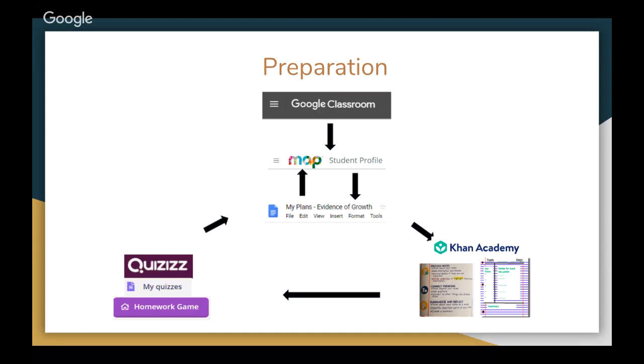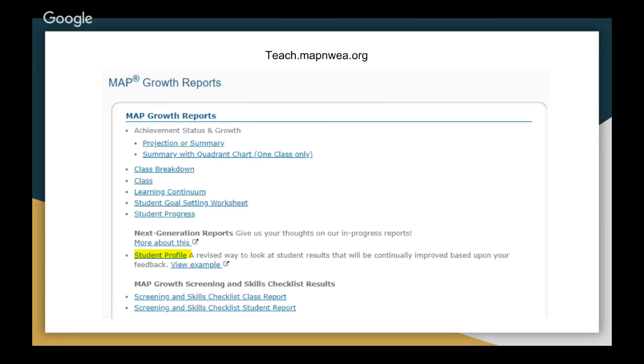What I'm going to go through right now is the preparation that you need to do on your part and a few pointers for the first day if you decide to include this in your classroom. The first thing that you need to do is grab your NWEA MAP learning statements for each student. These instructions are given for Google Chrome browser, so I suggest you go ahead and use that one when you're pulling these reports. To do this, you're going to navigate to